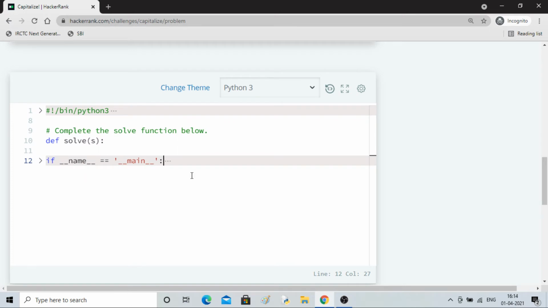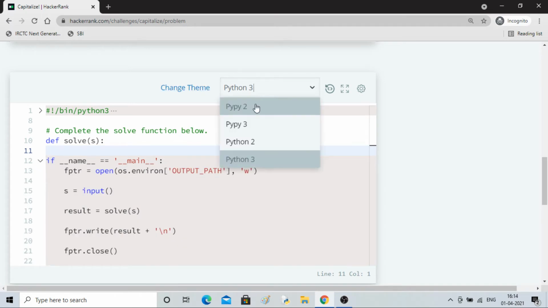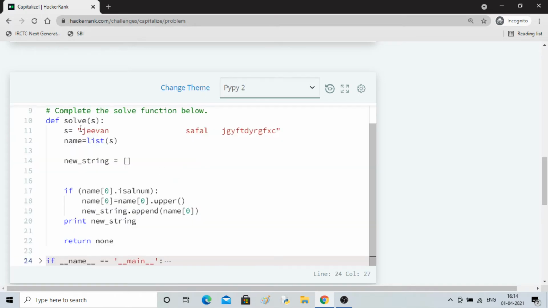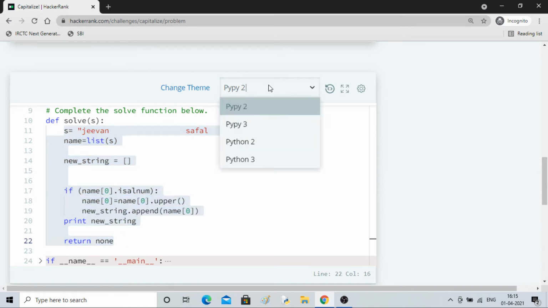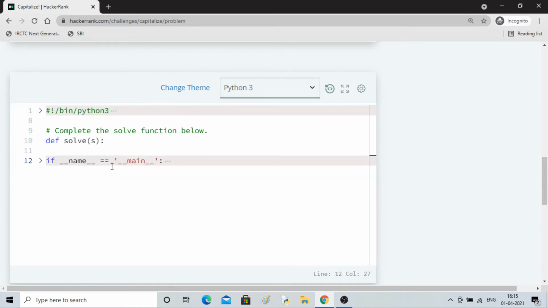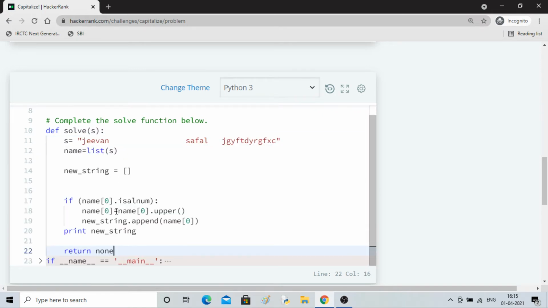So I'll control V. I'll take this, copy it. That's why it was not showing auto fill. Okay, now it will show. Okay, so same thing we have.